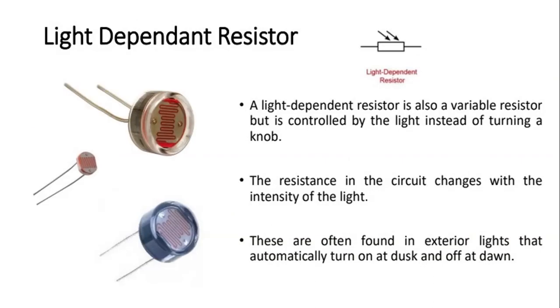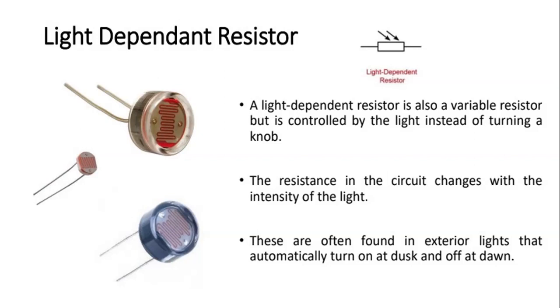The light dependent resistance is also a variable resistor, but it is controlled by light instead of turning a knob. When light is emitted from the light emitting diode and is received or absorbed by the dependent resistance, then the intensity or the values will change. The resistance in the circuit changes with the intensity of light. The resistance value inside it is like that of a resistor. So the value of resistance will change as per the intensity of light applied on that particular